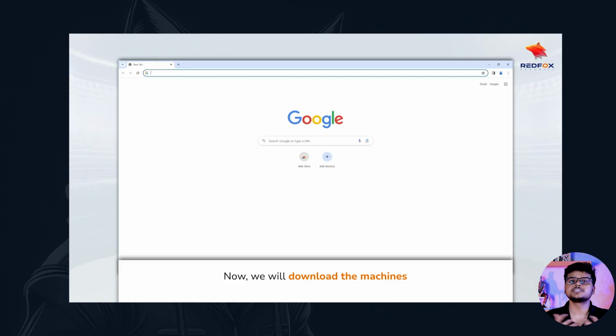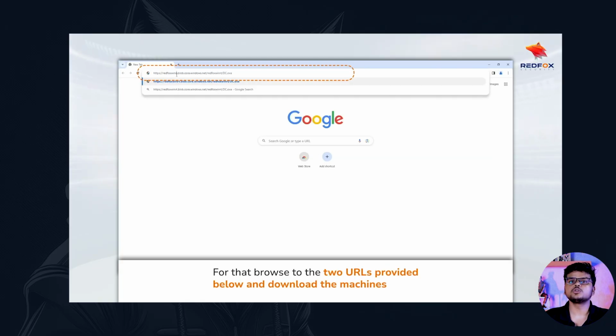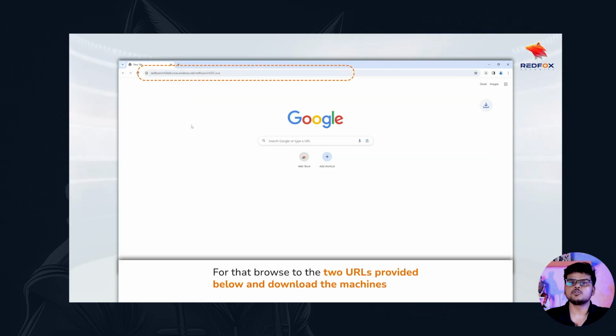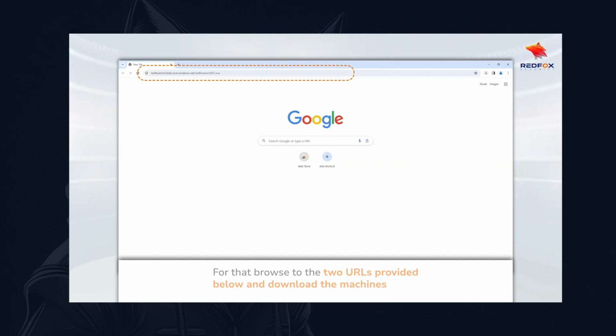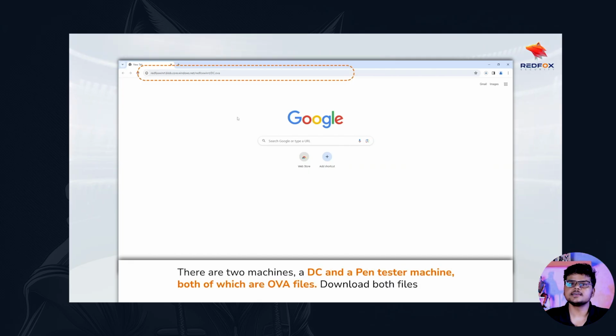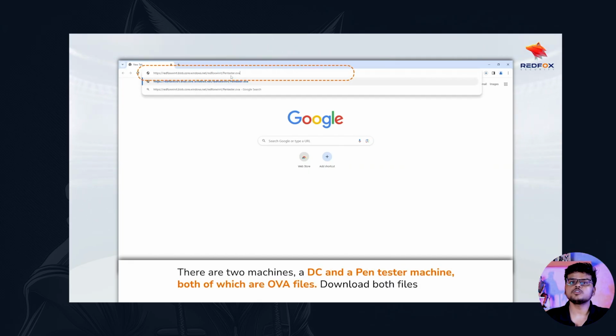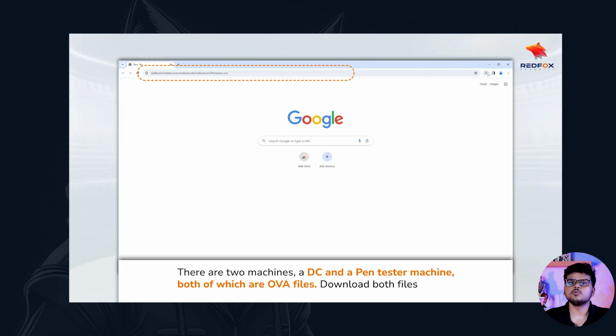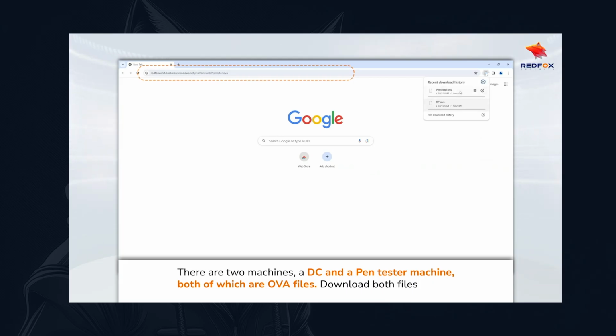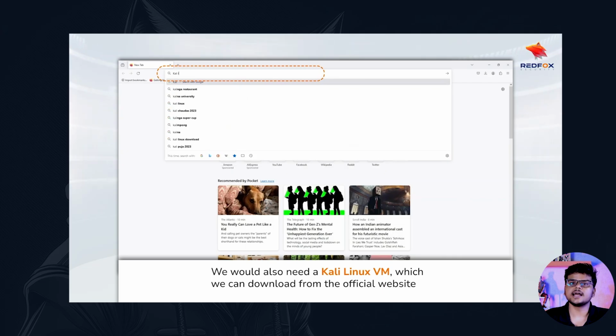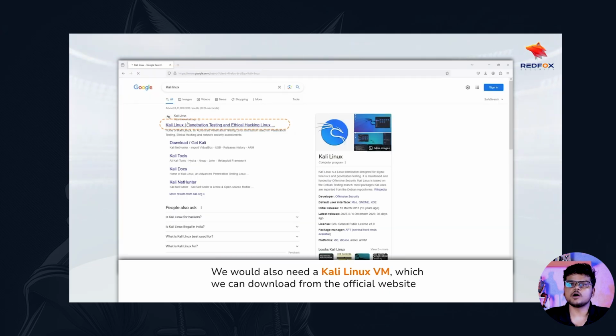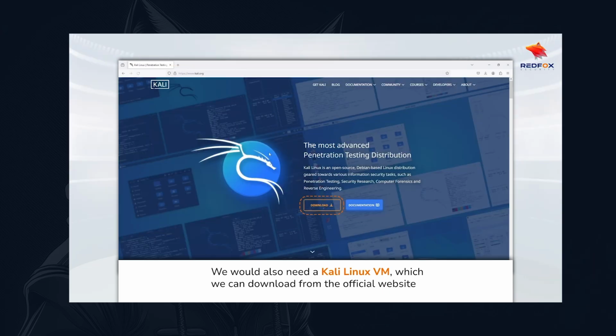Now we will download the machines. For that, browse to the two URLs provided below and download the machines. There are two machines, a DC and a Pentester machine, both of which are OVA files. Download both the files. We would also need a Kali Linux VM, which we can download from the official website.